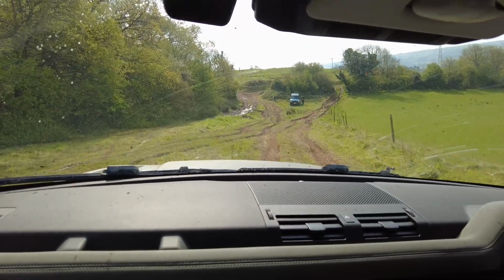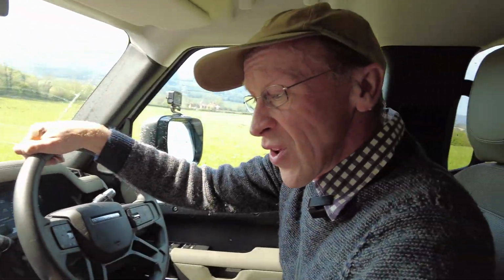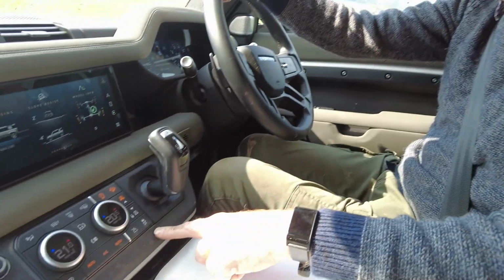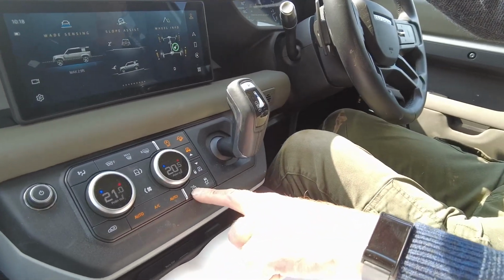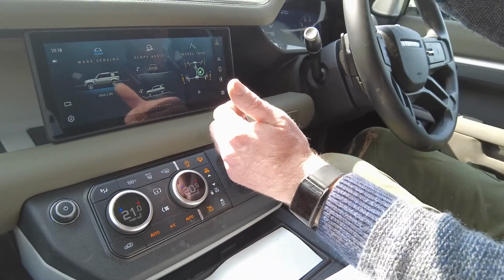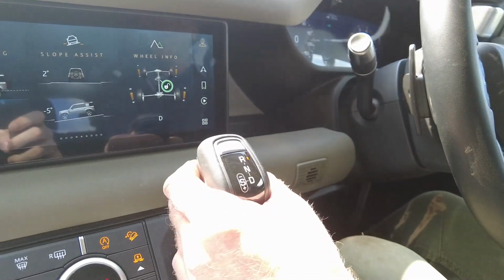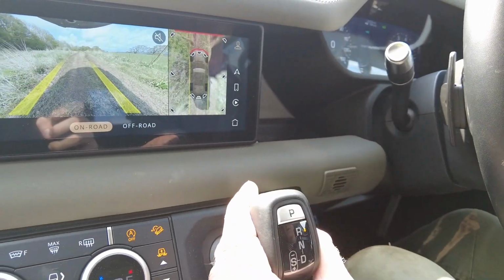Right, one thing we're going to do for the boys, they want to try us going up a slippy slope, George. So they want it in low ratio. Right, so let's go in low ratio. We've got to select neutral. I'm struggling with selecting neutral. Because if I go like that, it goes... If I go like that...